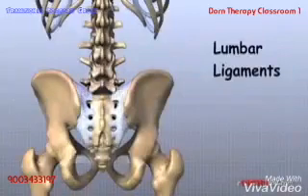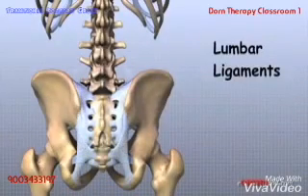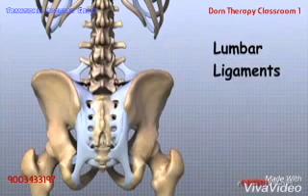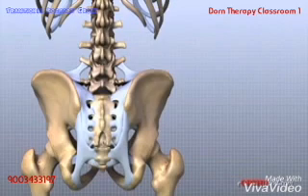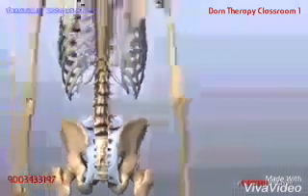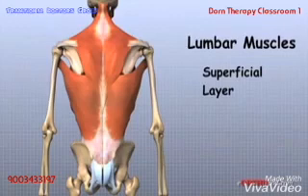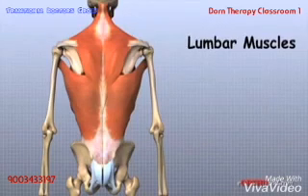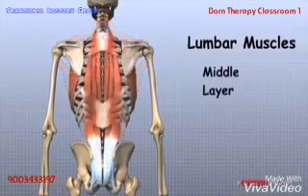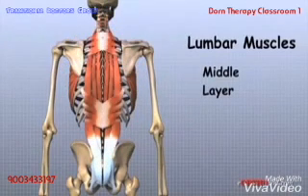The lumbar spine is supported by a complex set of ligaments and muscles. The ligaments are arranged in layers and run in multiple directions where they connect the bones of the lumbar spine to the sacrum and pelvis. The muscles of the low back are also arranged in layers. Those closest to the surface are covered by a thick tissue called fascia. The middle layer runs up and down over the lower ribs, chest, and low back. They blend in the lumbar spine to form